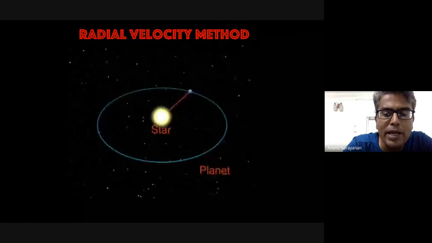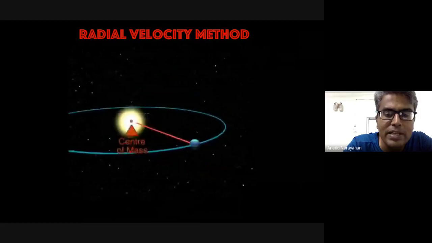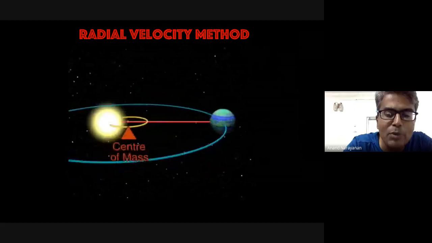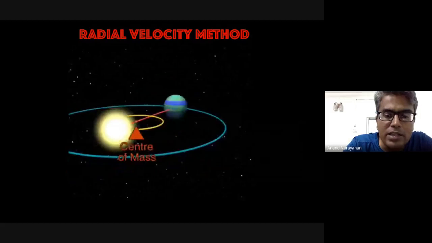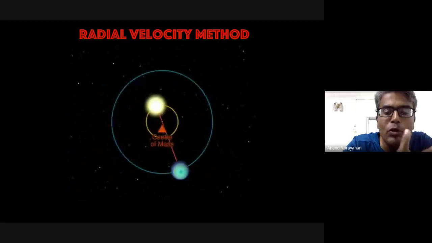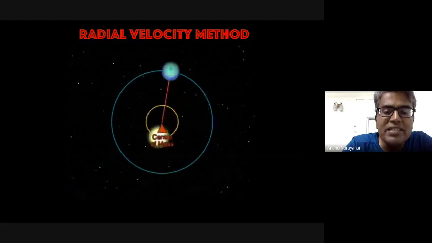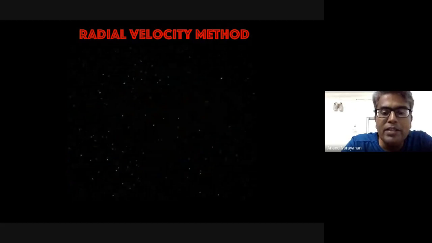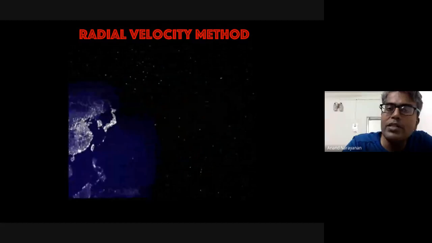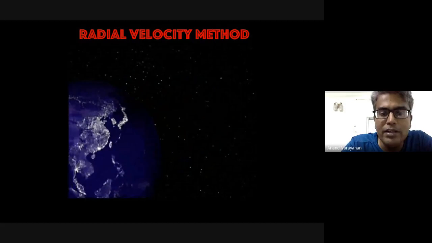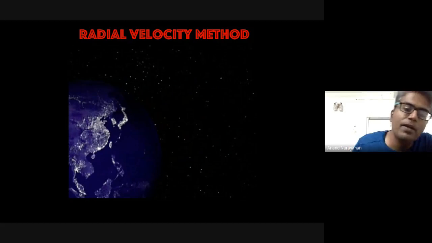If you have a small planet orbiting around a star, the center of mass will be inside the star. The wobble will be very, very small. But if the planet is very large and very close to the star, then the wobble motion is going to be bigger, and it will be easier to measure. So when astronomers started detecting extrasolar planets using the radial velocity method, after several years of discovery, they found out that most of the exoplanets they were discovering were very massive planets. Planets with masses comparable to the mass of Jupiter, Saturn, etc. Sometimes much bigger than that, orbiting very close to the star. Okay? So that brings us